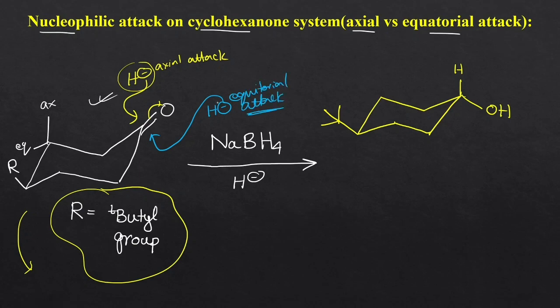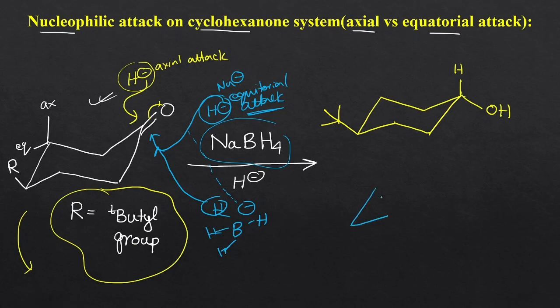It's not like the hydride is attacking. Actually it is the sodium borohydride moiety, the BH4 minus moiety, that is coming, and from here you will see that this kind of attack is happening, but we can think that this hydride equivalent is coming, so this is the effective nucleophile. Now suppose it is coming from the equatorial side, so if it comes from the equatorial side, what we will end up with,